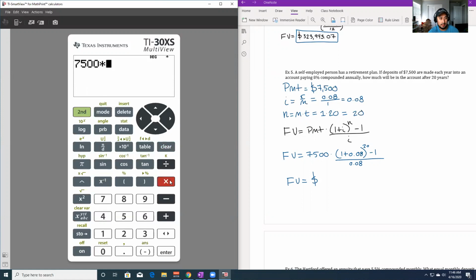7,500 times fraction button, parentheses, that just becomes 1.08. Raise it to the 20th. Move this over, minus 1. All right, and 0.08. Okay, enter. So after making yearly deposits of $7,500 for 20 years at 8% compounded annually, we will have